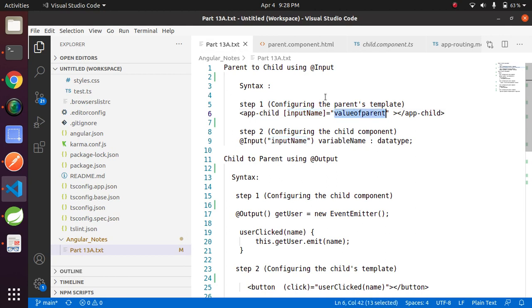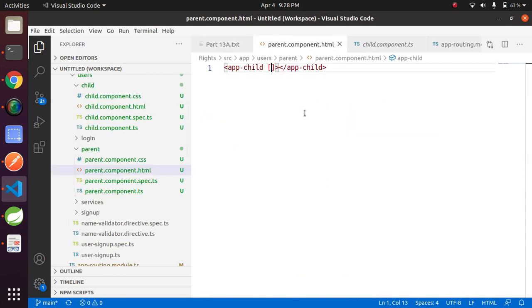Input name, value of parent. The input name I am giving here is title equals to, anything, John, just anything you can provide here.